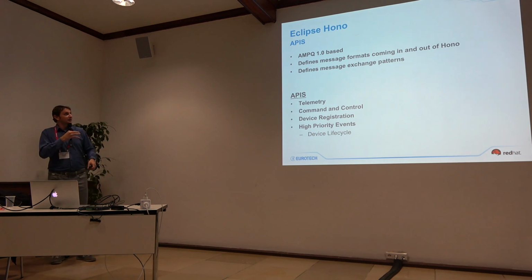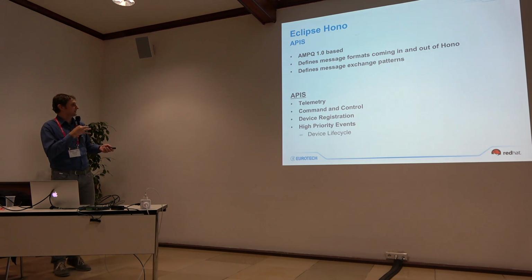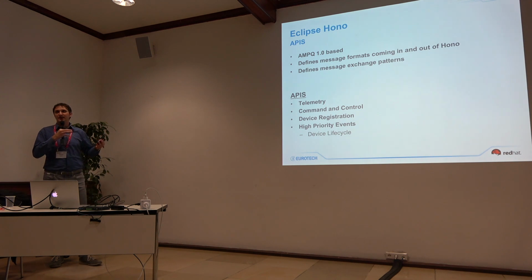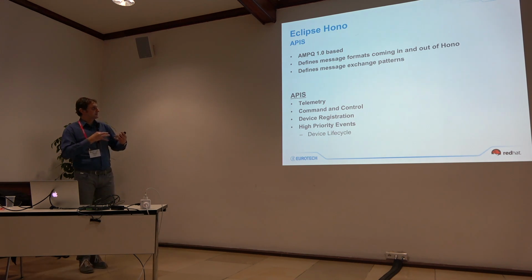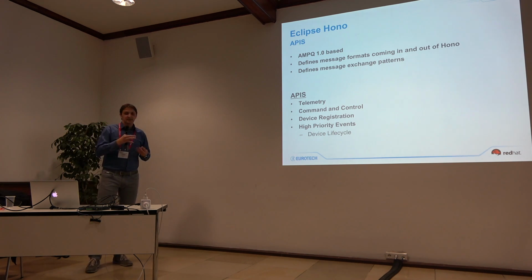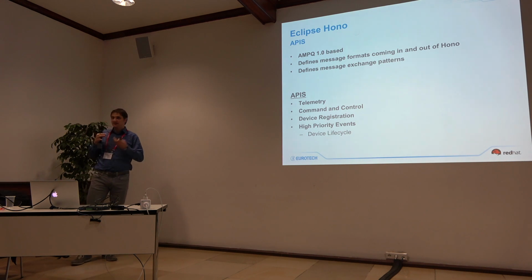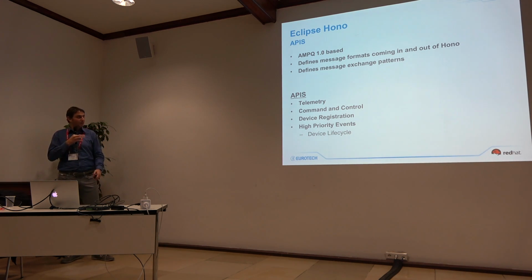And so far in Hono we defined four kinds of APIs. There's a telemetry API, so we define how a telemetry message coming into Hono should look. There's a command and control API, there's a device registration API, and we defined an API for high priority events like device lifecycle events, something that we saw that services inside of Kapua